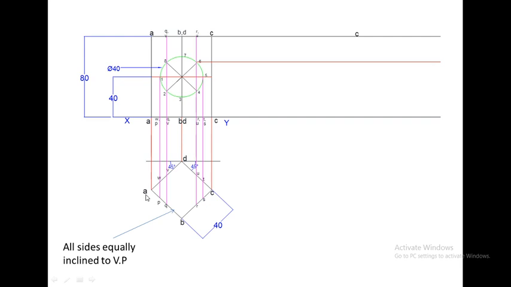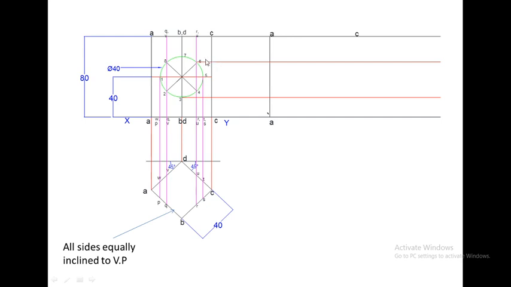Now we will mark the first point or the first edge A in the lateral surface. So you can mark this point A anywhere on this line. So we will mark the first point A. I have marked here. Now we will draw the vertical edge passing through A. So this is the vertical edge A and A.